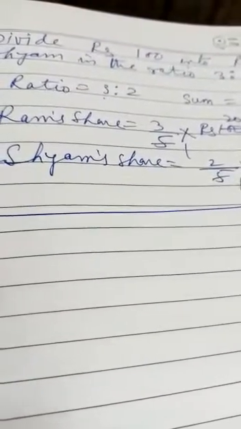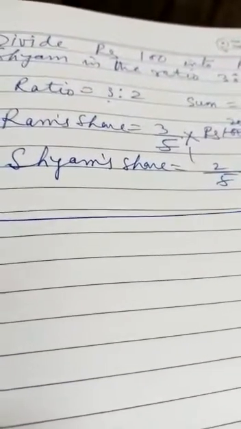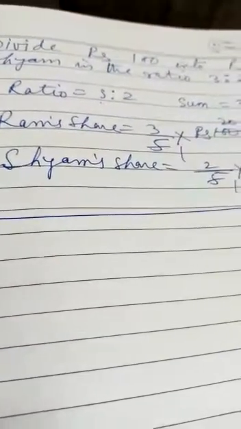Students, yesterday we have done ratio, how to find out the missing part of the ratio, continued ratio and all, and then how to apply the ratios to find out the value if the quantity is divided into a given ratio. All right. Now today we'll be doing the next part of that.